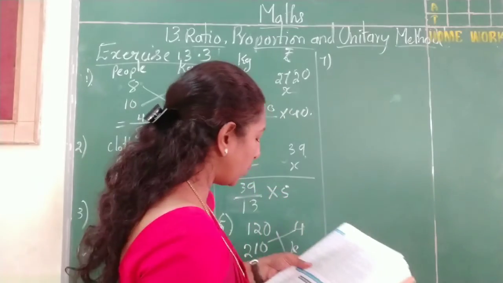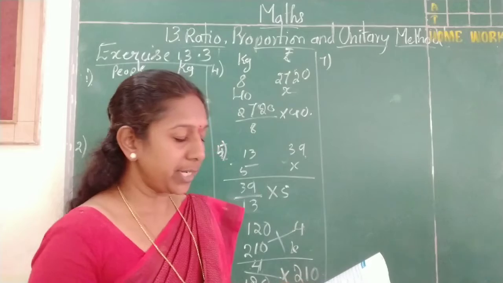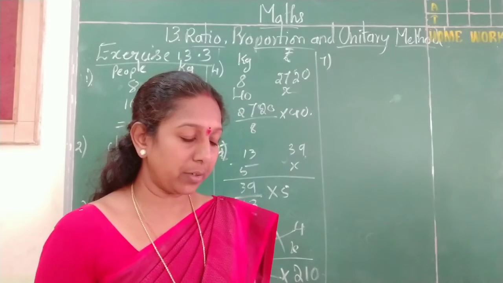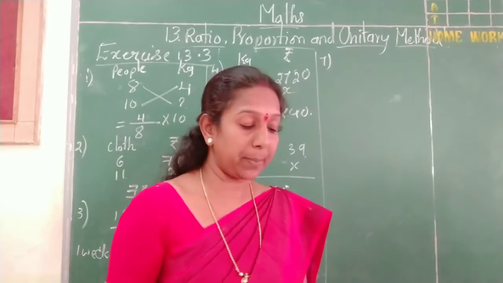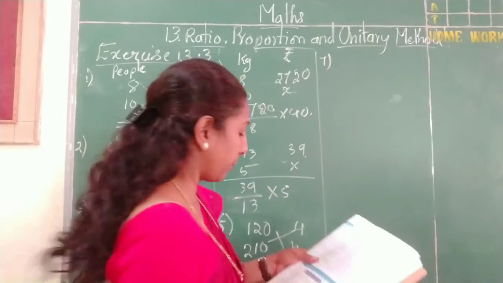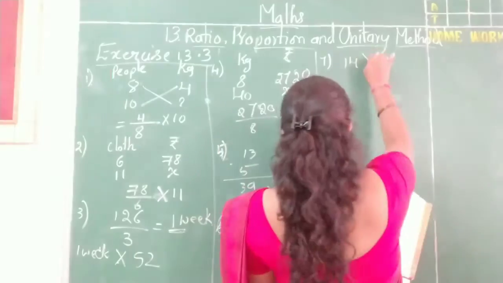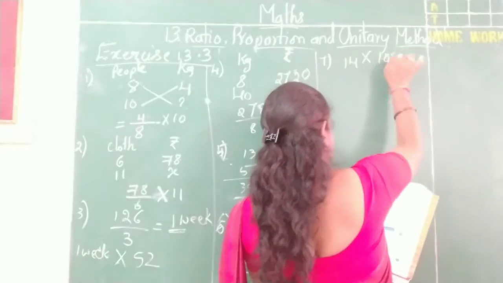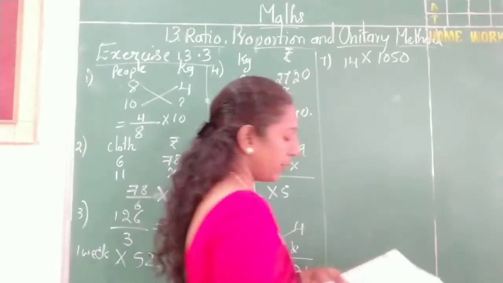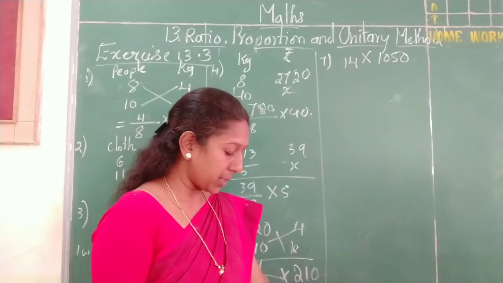So 1050 students, and printed sheets are 14 for each. How many sheets of paper were consumed in all? Means you have to directly multiply here. An examination paper contained 14 sheets for each student. Next, 1050 students sat, so you have to multiply, then you will get the total number of sheets.